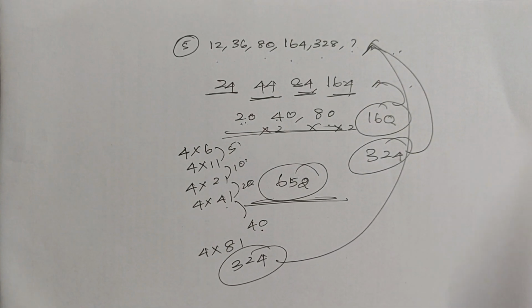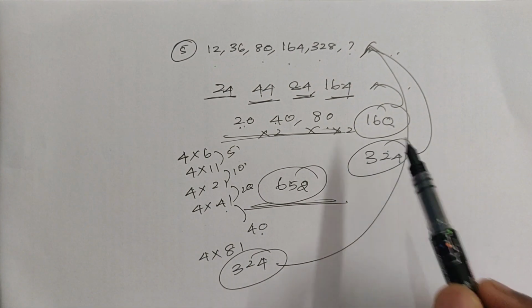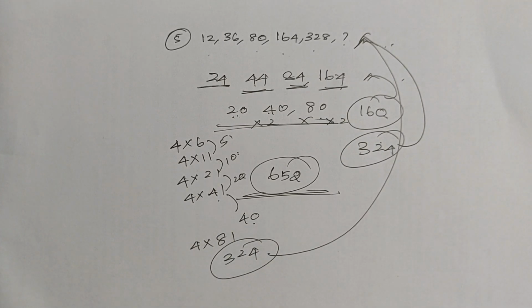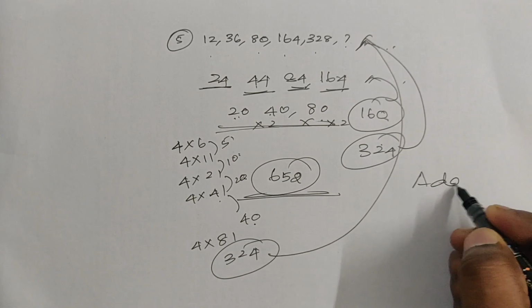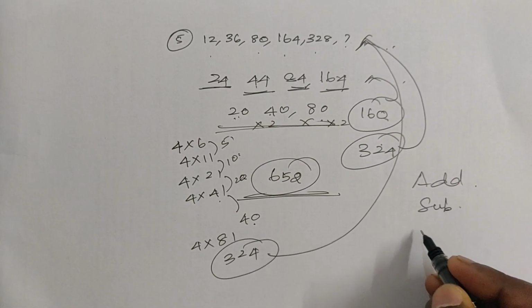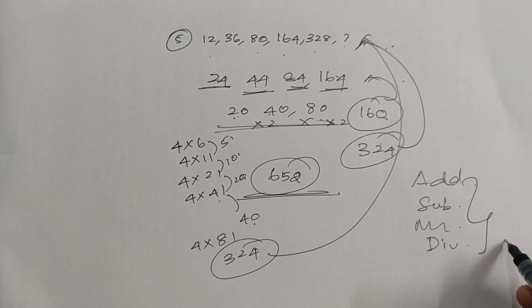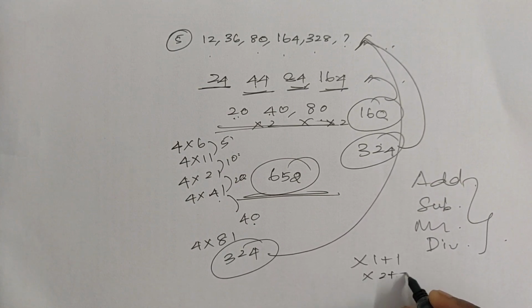But what you have to remember here is this is a prelims level examination, so you have to go for a logic which is much simpler. You can either go this way or that way. You have to choose the logic which provides you the solution in a much faster way. Normally when the question is given, first of all you have to go for a few logics, like addition first and then subtraction, then multiplication and then division. If nothing is working, then only you have to go for logics like into 1 plus 1, into 2 plus 2 and so on.